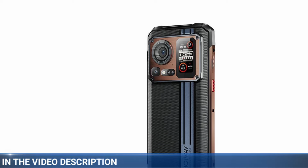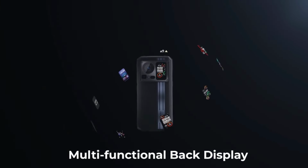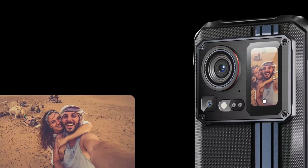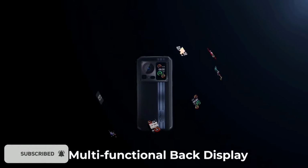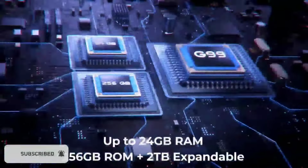It's hard to believe that such a device would cost just $160 guys. Anyway, as regarding its top specs and features, well, let's just say that they are superb for its price. So without further ado, let's check them out. And personally, this is the best rugged phone from Hotwav. I wasn't expecting the brand to release such a rugged phone, although it is not a 5G rugged phone, but